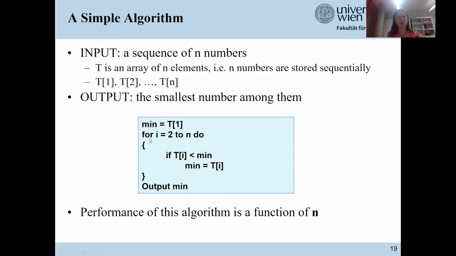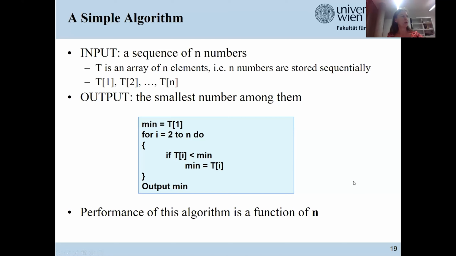It's that same keyword in many programming languages. For i equals 2 to n, we do if, and this is a branching, if our current number t_i is smaller than our so far minimum, we set this variable min to the number t_i.